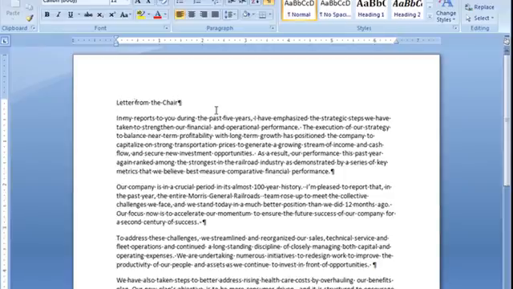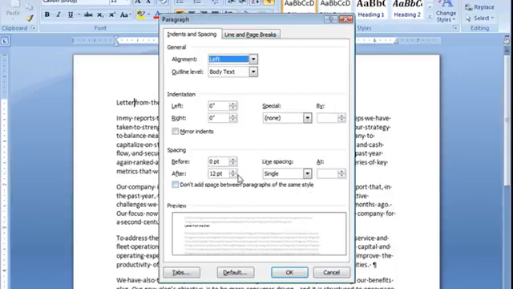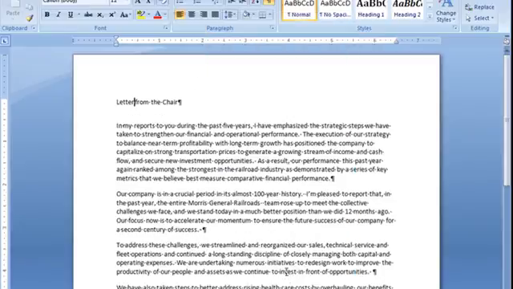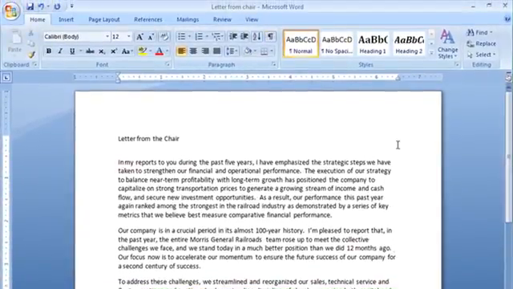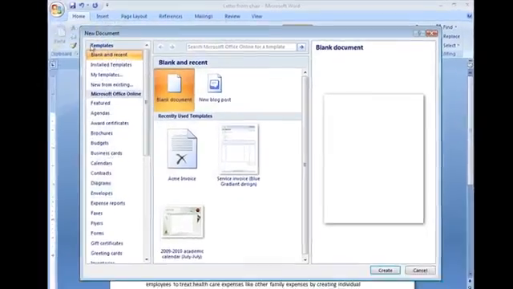So I am going to just click somewhere in that first paragraph. I don't have to select the whole thing. And I'm going to go to my paragraph window and increase that space. Well, let's double it. Let's make it 24 points. And see, it only affected that paragraph, the space after that paragraph. So now you can see how you can add space between your paragraphs, remove space, change the size of that spacing. And if you go ahead and create a new document,